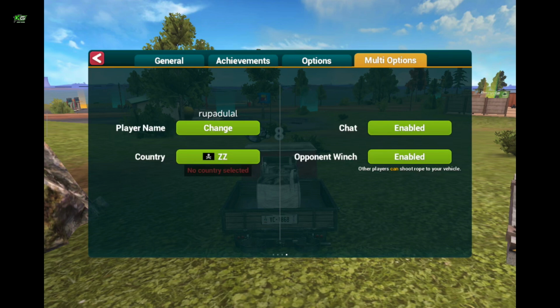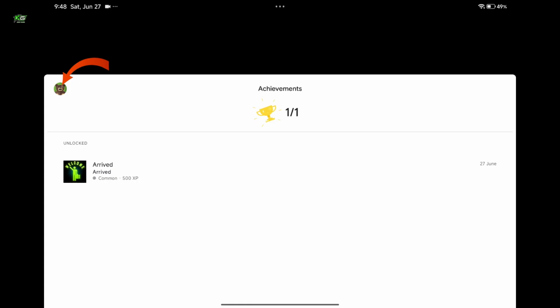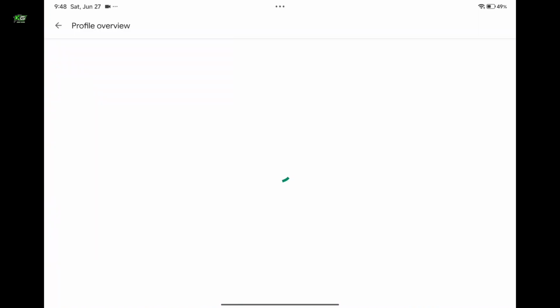Here you'll see your current name. If you want to change your name, click the change button in green right next to player name. Now you'll be taken to the next page. Here simply go ahead and tap on your avatar at the top left and you'll open up the profile overview